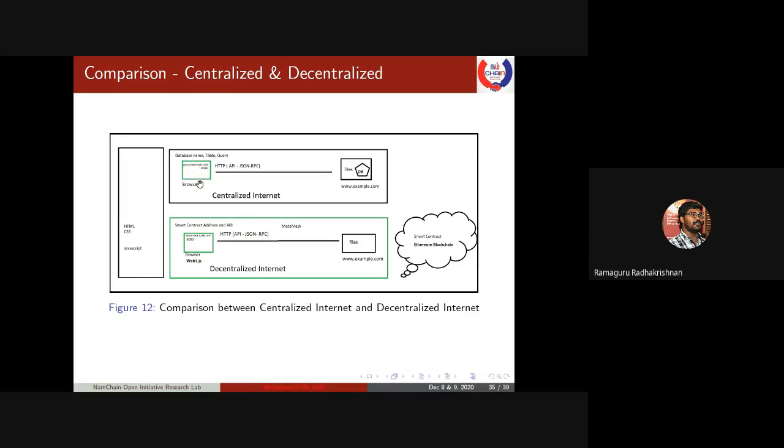And if there are some values that you are trying to store or access, then you will have a database name, a table name, and a query, and that query goes across. From the database, the values are fetched and displayed on your browser, or from the browser, the values are stored into the database. So this is, on a very high level, what happens in a communication in a centralized system. Now, if you take a decentralized system,